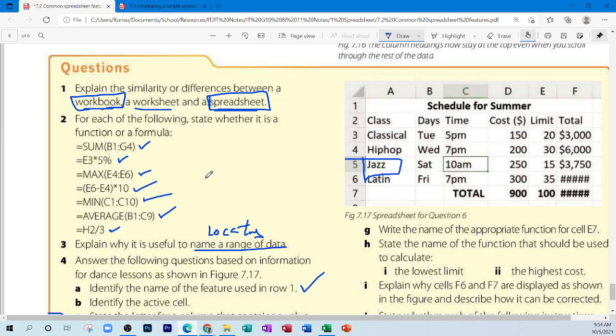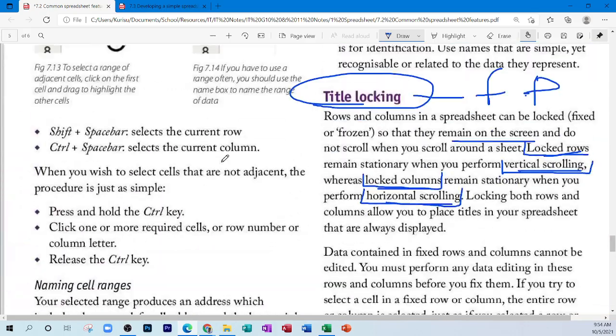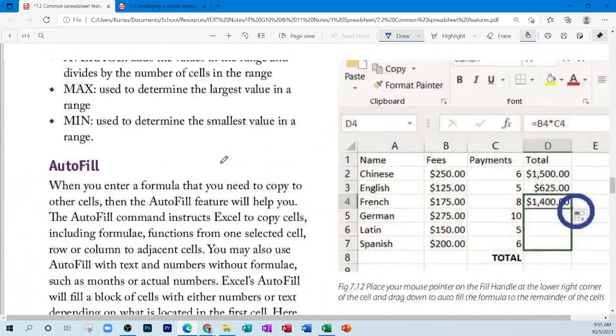Sir, can you repeat the question? What is the justification for A5? Sir, left alignment. That is correct. So, if we look at our